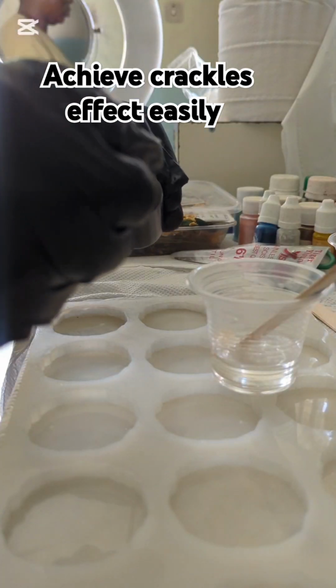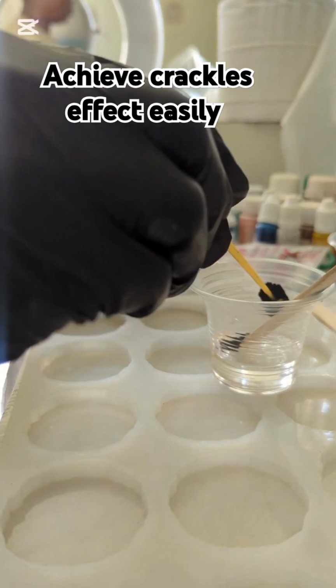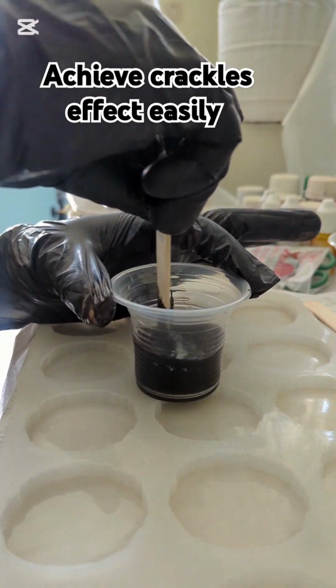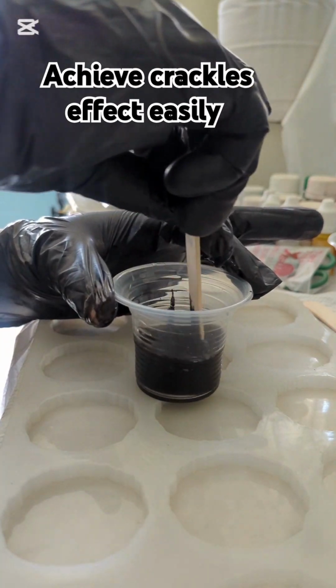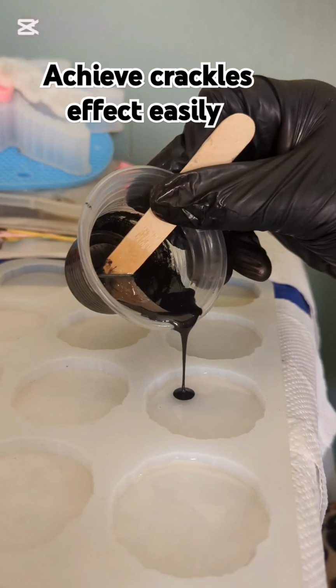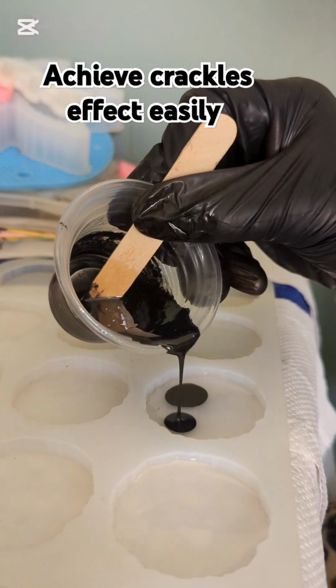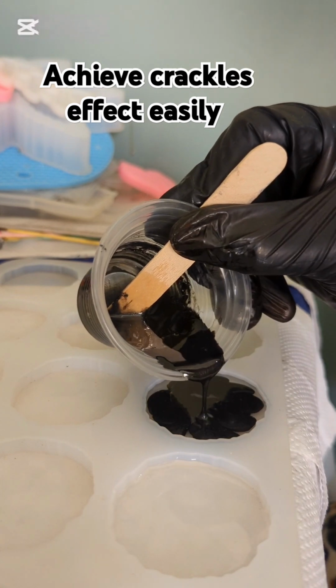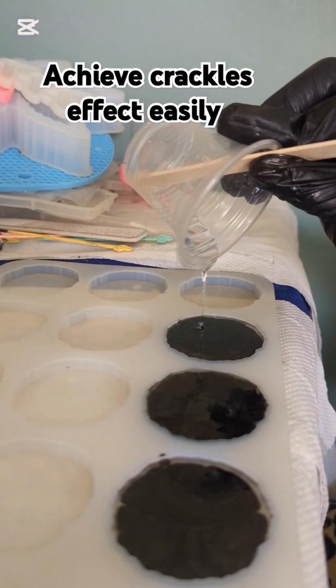So I have this mica pigment. It's different from regular pigment. It's almost like in powder form. So when you add it into your resin, please add a lot of it so that it can create a very heavy texture. Then after putting your plain resin in your mold, you can now start adding the one mixed with